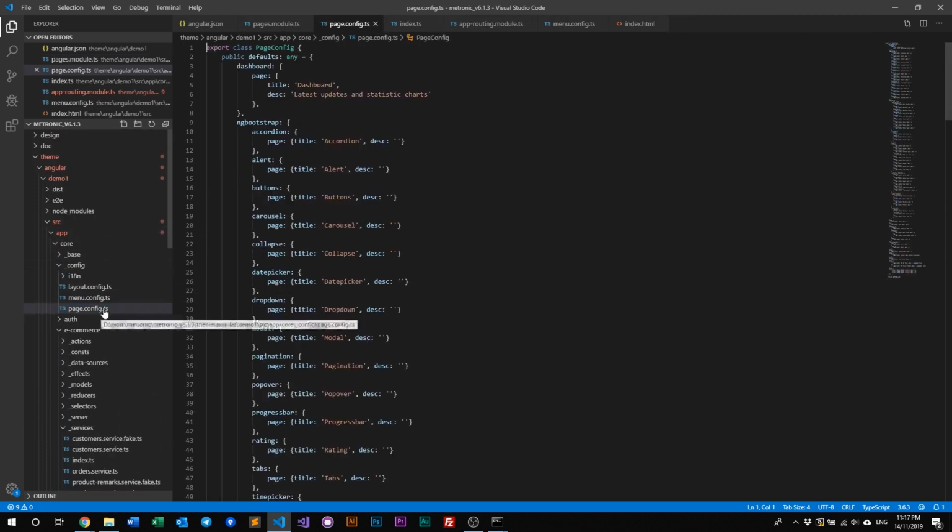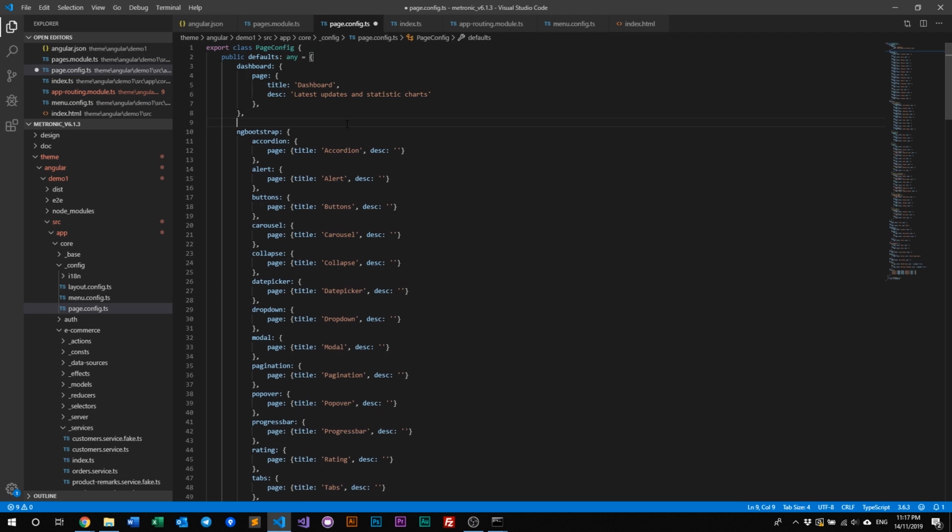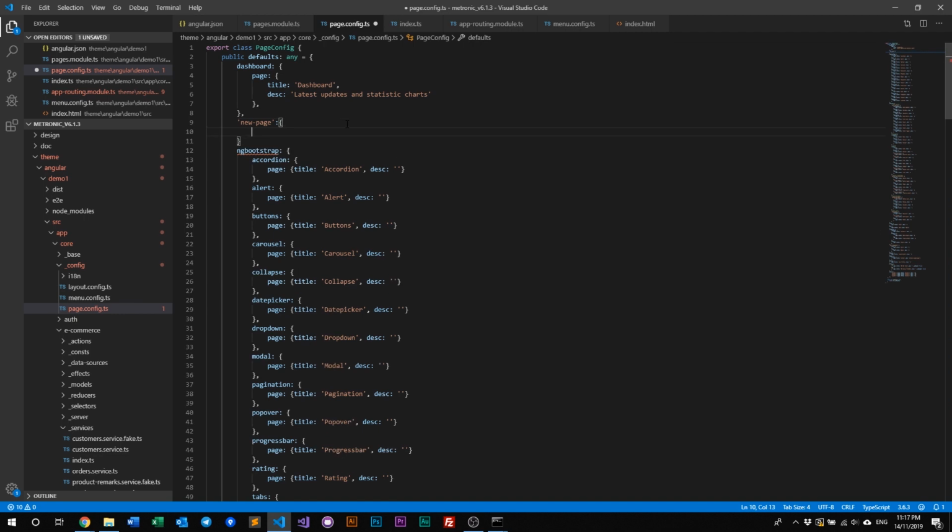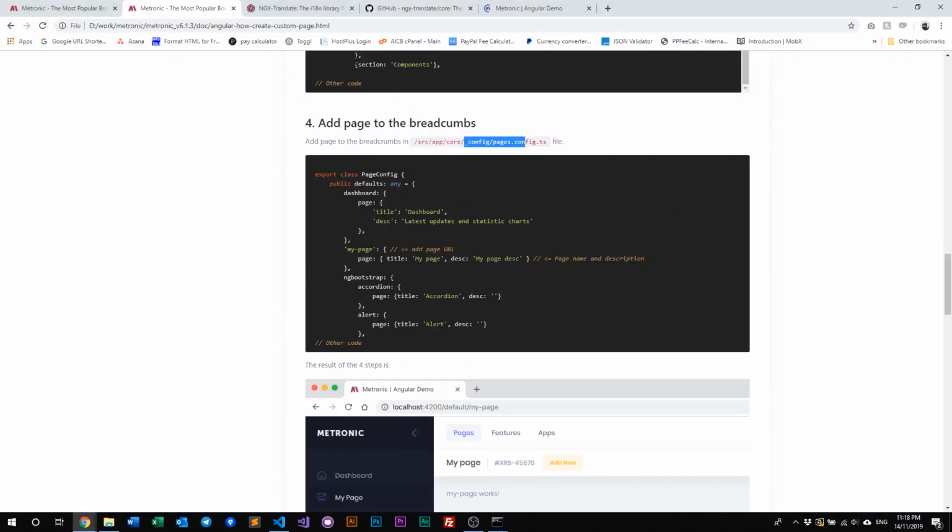Minimize this and open page config. All right. So let's see here, after dashboard here, let's put in new page, and page title says new page, description can be just my new page, and that's it. So let's go back to our demo